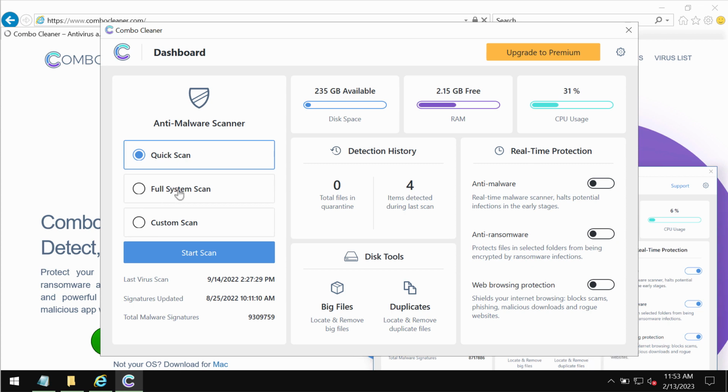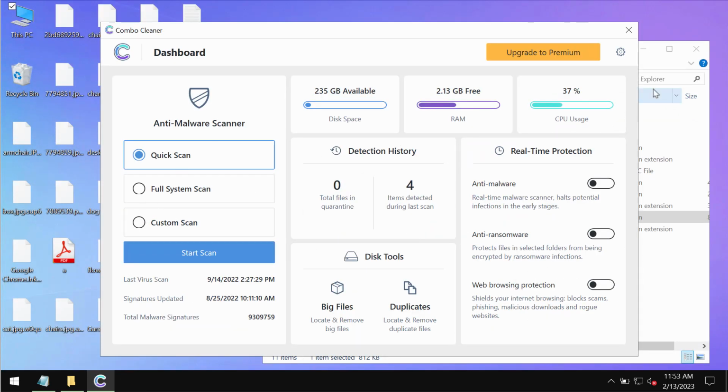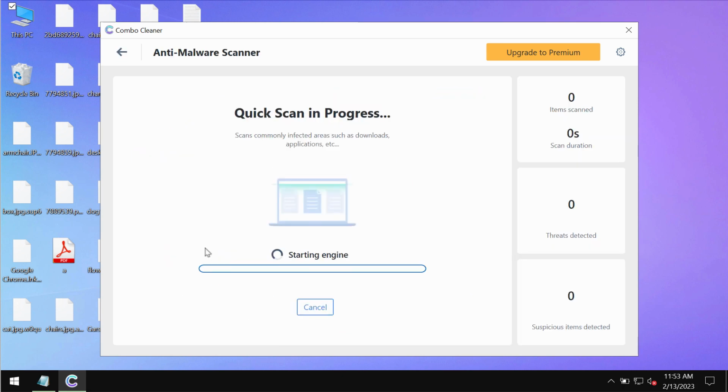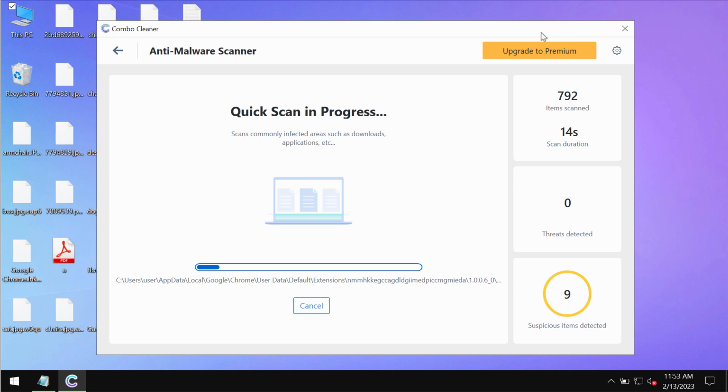The program will be initially in the trial mode, so only quick scan option is available. Click on the Start Scan button. Most likely the software would first of all update its anti-malware database, which is definitely essential for proper detection and removal of any malware. After the database has been successfully updated, Combo Cleaner will give you